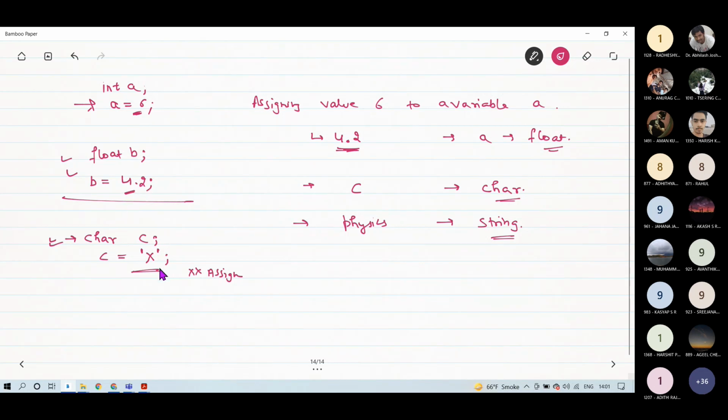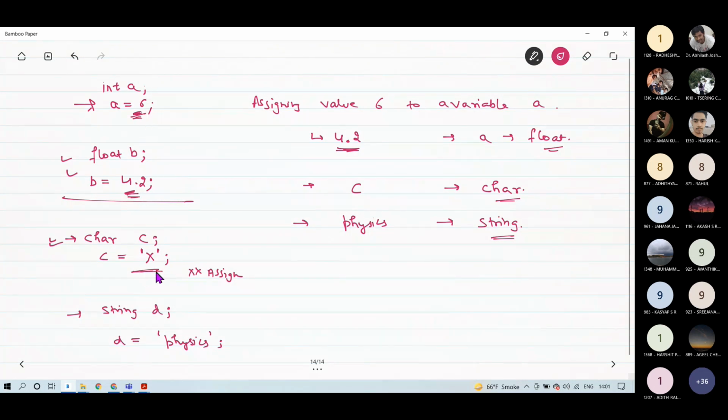But if you are assigning a character to a variable, or even let's say I want to declare a string type variable D, and I want to assign physics to this variable D, then also I have to write this text in single quotes. But for numbers, it is not necessary.